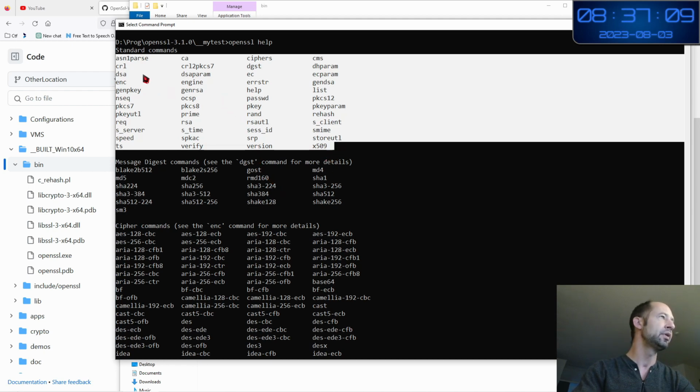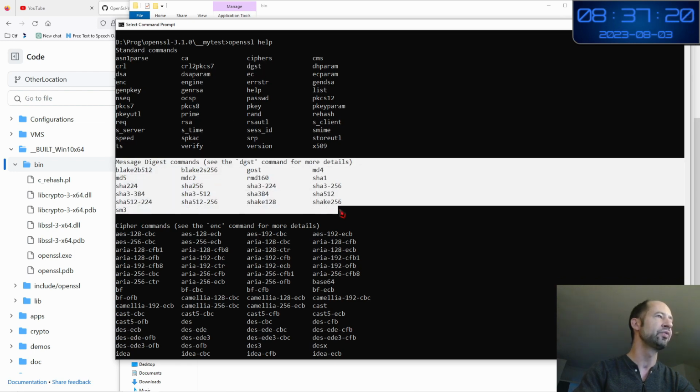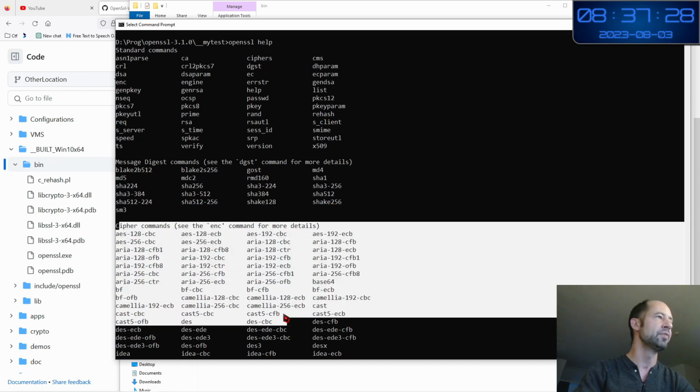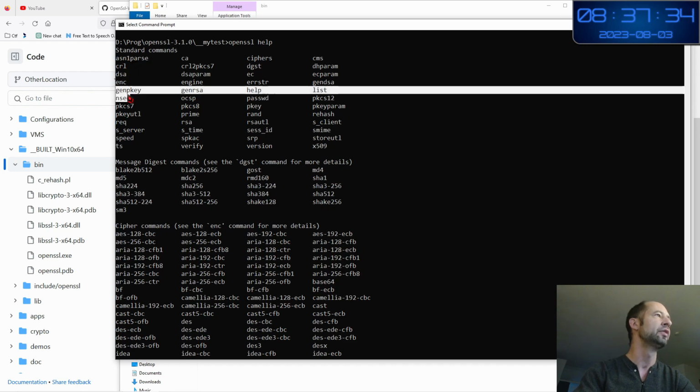For example, there is the dgst command, and below there is more explanation about the dgst command. There is also the enc command, and below some help for the enc command. But what you must be aware of is that you can theoretically use all these single commands of OpenSSL.